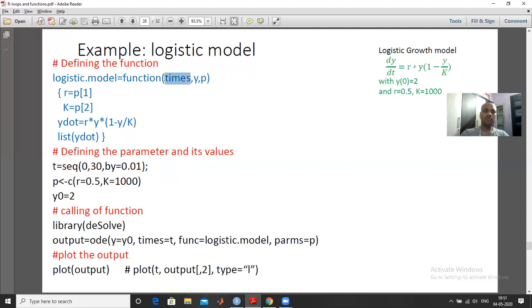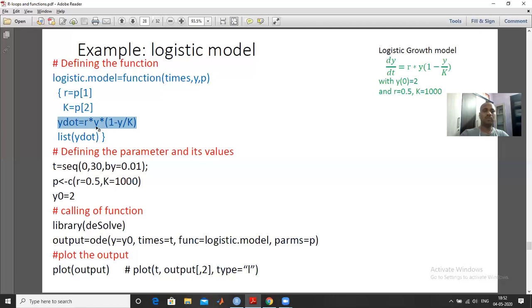Times is first, which we have to define; this is simply the time, y is the state variable and p represents the parameters. Because there is a single y, there is no need to define what y is. I can use simply y here. This is our differential equation which I used.